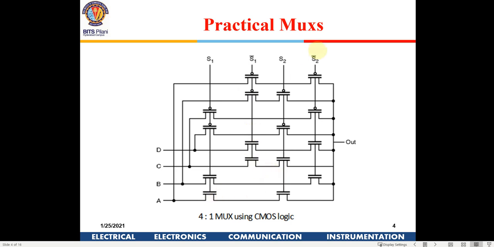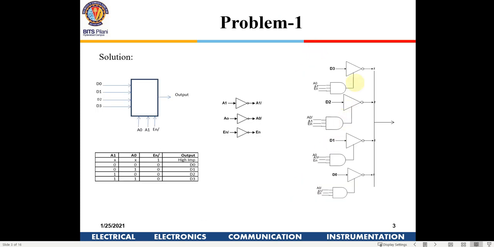But practically these days, this is an optimized version. This will require far fewer transistors. These AND gates and all have to be implemented with an AND gate, and then you put this. We have done it in our CMOS implementation, right? An AND function. We have done many functions like this. In CMOS implementation, you will require 6 transistors for a 3 input NAND implementation, and then put one more inverter. This will take 8 transistors, this itself. So 8 into 4, 32, plus all the inverters, so it will take a lot of silicon chip area.